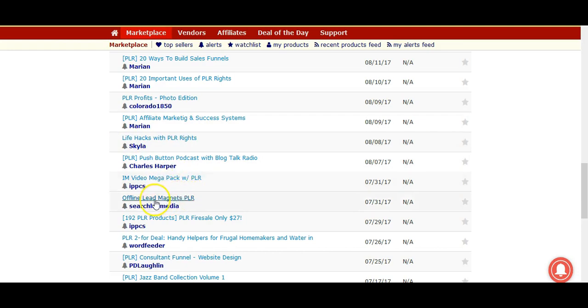And there's lead magnets. So offline again, you could create lead magnets that businesses in your area could use, and you could sell the same package to them. So for example, if you created a package of PLR articles for a plumbing business, but just kept it generic for that business, you could then sell it to a plumbing business, then take out the word plumbing or plumbers or whatever you had used in it, and slot in doctors or retail or something like that. So you could sell the same kind of packages over and over again.